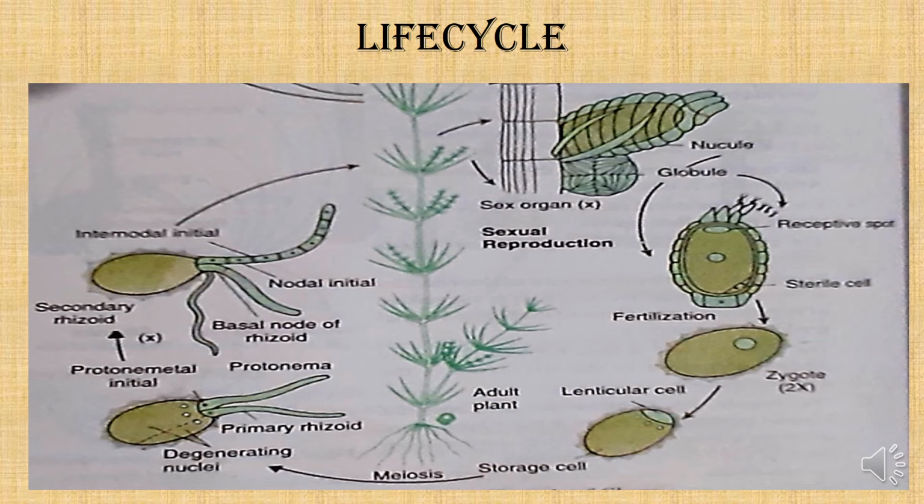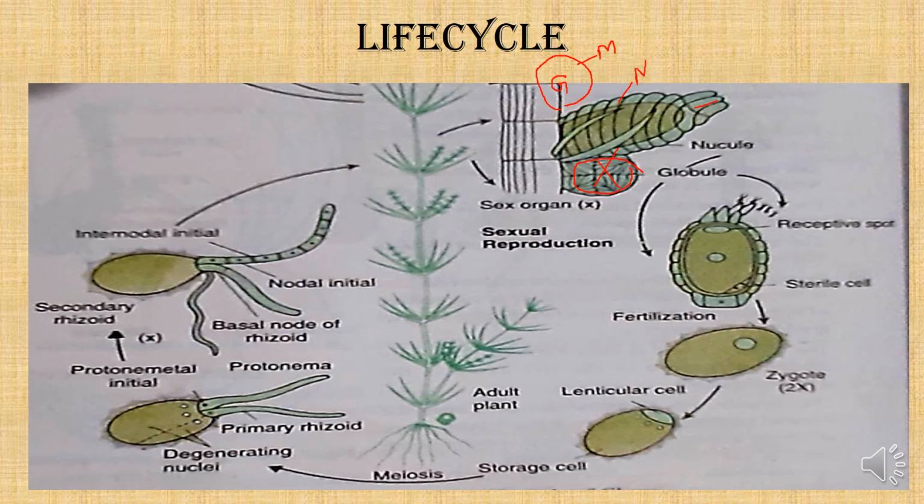of Nitella, here I have taken the diagram from Chara, so there should be another correction. This is the globule portion of Chara, but in Nitella this will not be the exact position. The exact position of the globule in Nitella will be terminal. This is the globule of the Nitella and this is the nucule. So the difference between Nitella and Chara is that in Nitella you have a terminally placed male reproductive globule and a laterally placed female reproductive nucule.